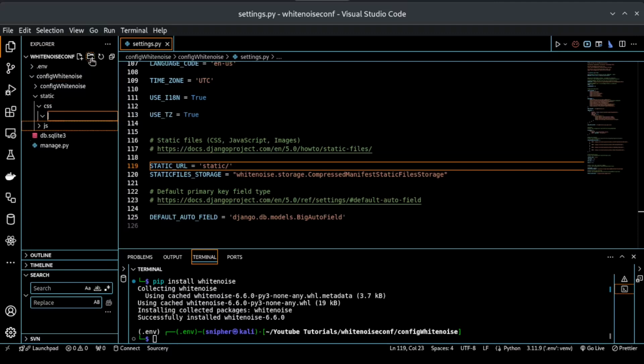You can as well add inside static images. These are the files that don't need to change. So we need to tell Django to get our static files from this folder, which is static. To do that, we will add these lines,